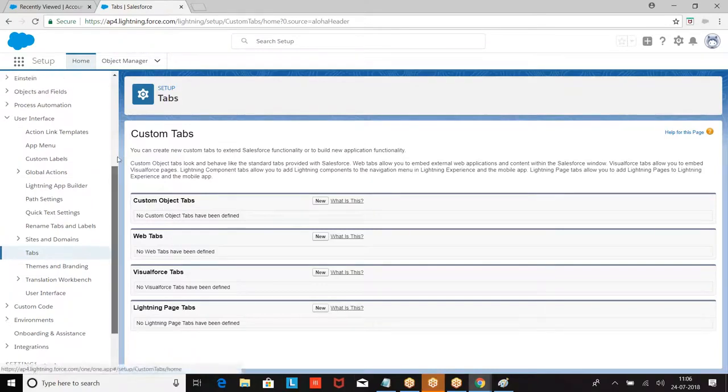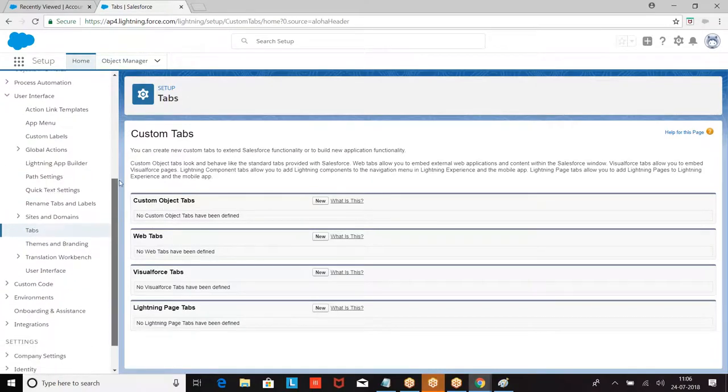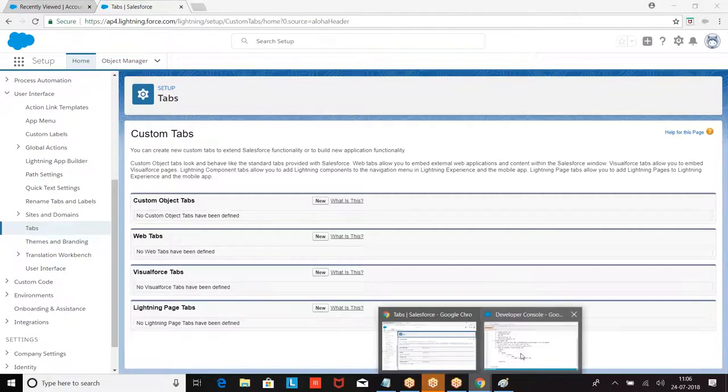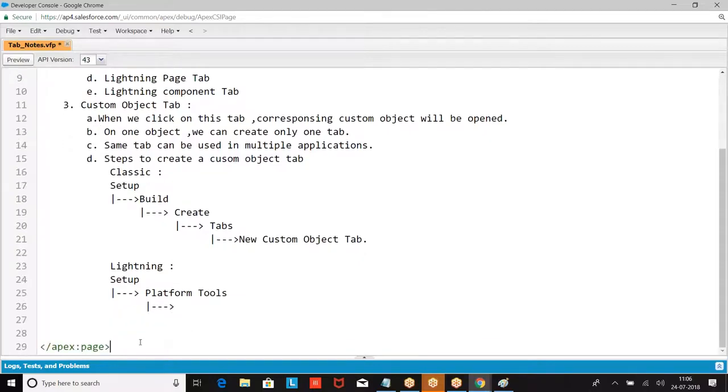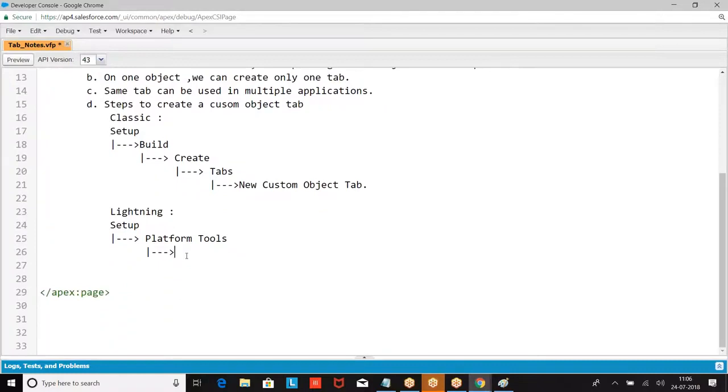Setup, Platform Tools, User Interface, Tabs, New custom object tab.